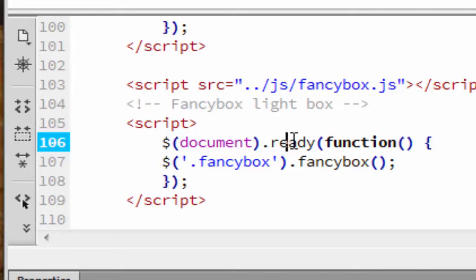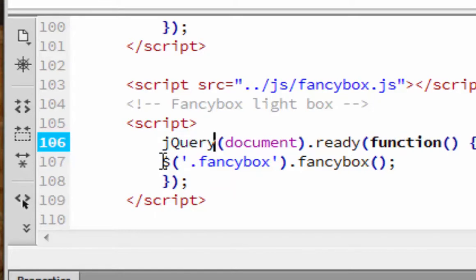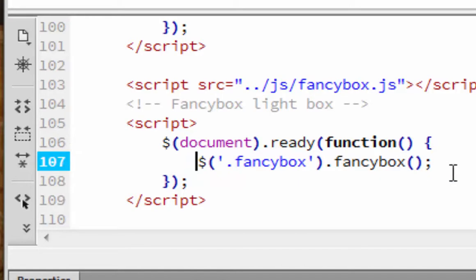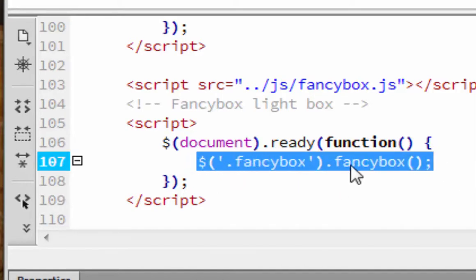Now also notice that these lines, the document ready and Fancy Box, start with a $ sign. And as you recall, the $ sign is just a shortcut for jQuery. I could type jQuery and put that in place of the $ sign, and the code is going to work just as well. We just use that $ sign because it's a little bit of a shortcut. And then we have the actual, this next line, line 107, this is the actual Fancy Box line of code right here. So this says run the Fancy Box function, F-A-N-C-Y-B-O-X, with the parentheses after it,